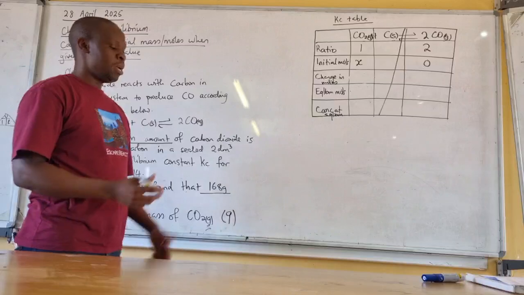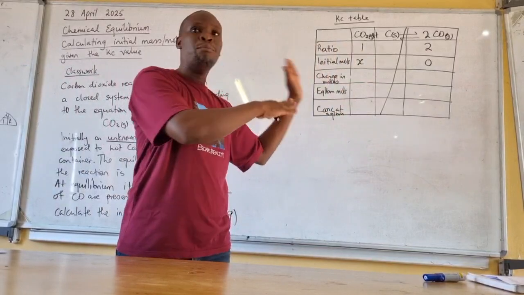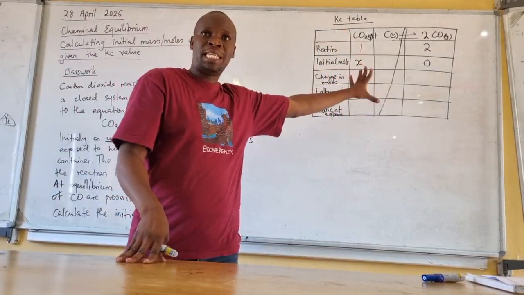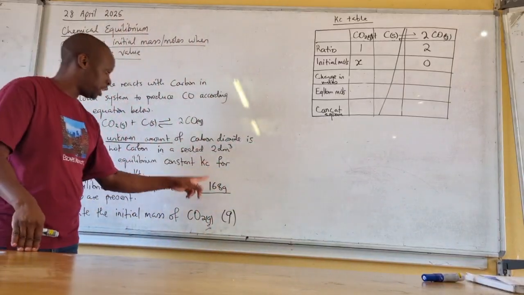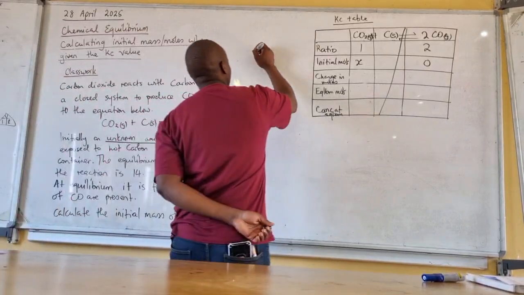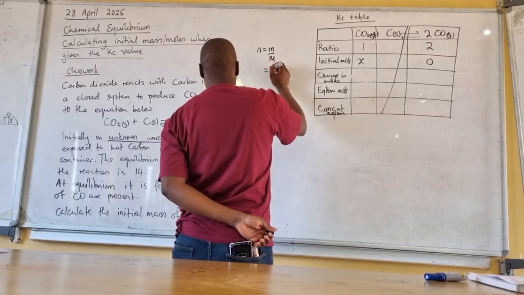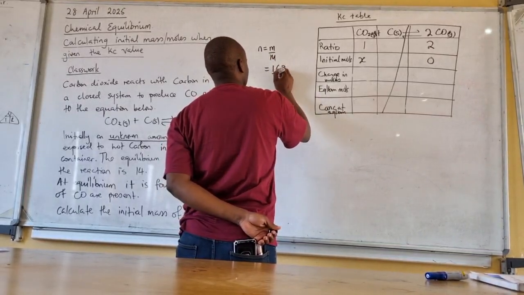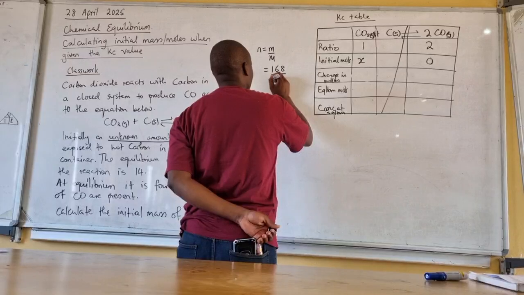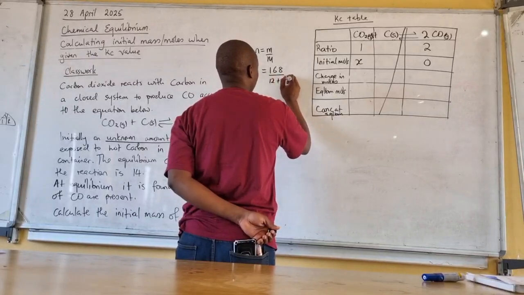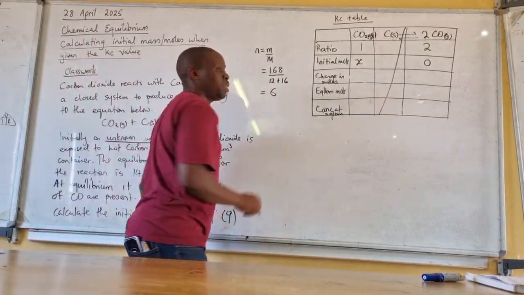168 grams. So, like I always say, this is a table that only takes moles. You cannot write mass in the table. So this mass of carbon monoxide has to be converted to moles using the formula n equals mass over the molar mass. The mass is 168. Then the molar mass of carbon monoxide, we are adding the mass of carbon 12 to the mass of oxygen 16. This simplifies to, so this is the number